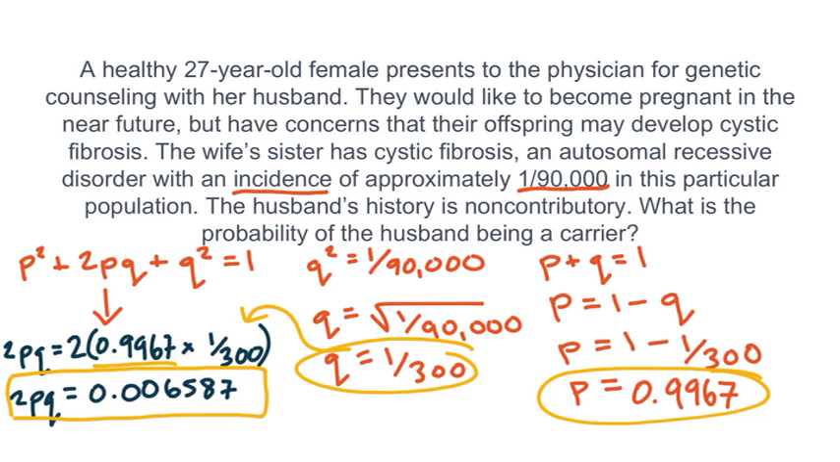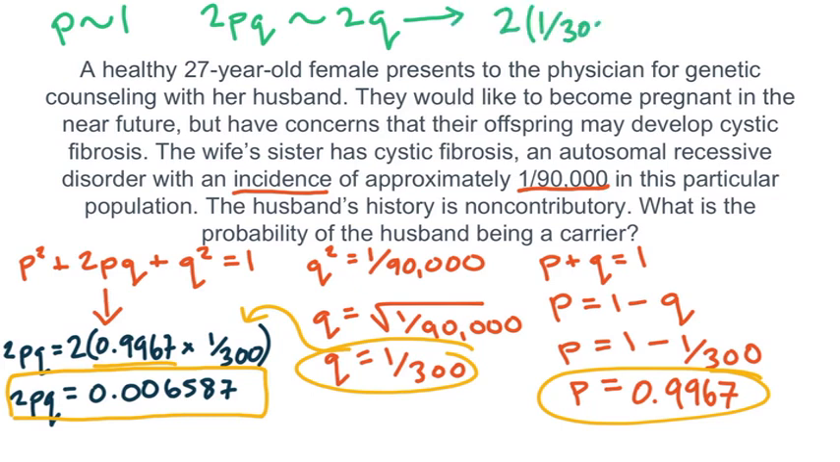Because P plus Q equals 1, and Q is such a small number, in this case 1 over 300, we can assume that P must be very close to 1. So P is about 1. This is useful because it allows us to skip over several steps, and we can estimate that 2PQ is about the same as 2Q. In this case, we multiply 1 over 300 by 2. So 2 times 1 over 300 is 1 over 150, or 0.0066. Notice that this number is essentially the same thing as what we got before by doing a lot more